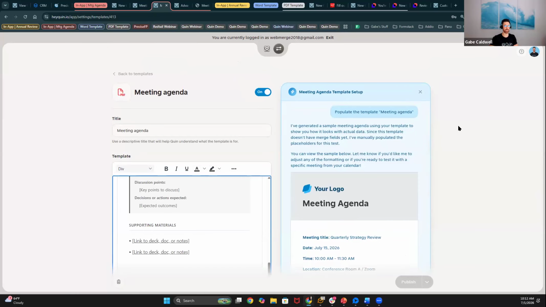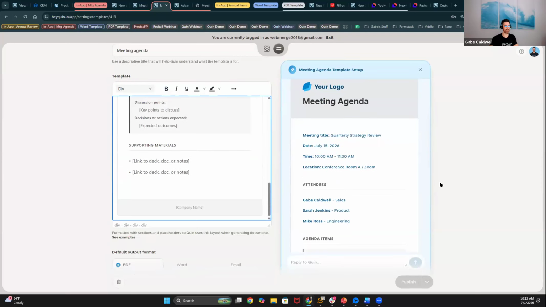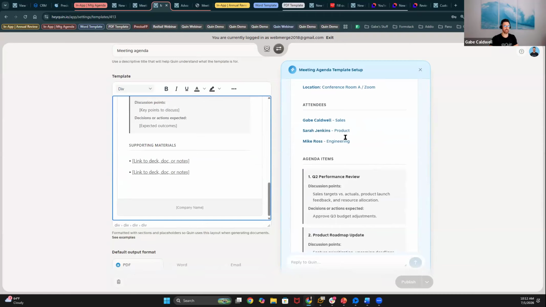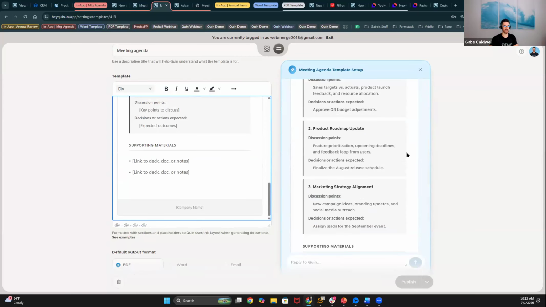As far as the output, it'll look very nice. Like I mentioned, you're able to preview this here within the template section. So once you publish this, you can come down here and you can hit preview. And Quinn can pull in some data here regarding some folks that are in your CRM. So in this case, it pulled in quarterly strategy review, where it was taking place, the attendees, and it included some different agenda items here from